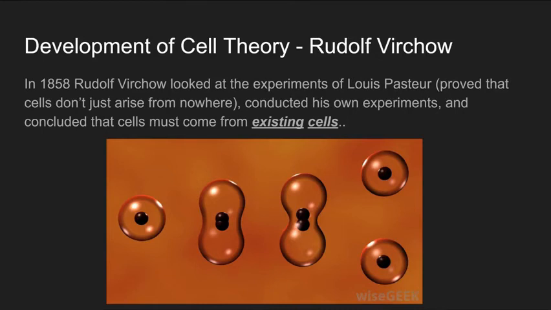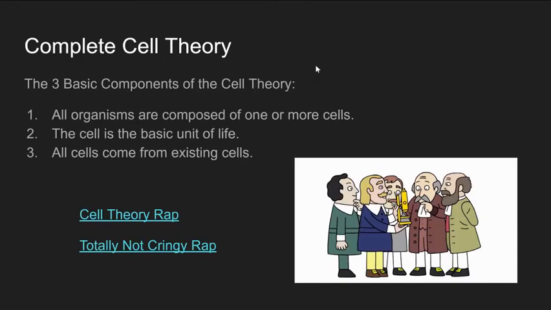Our final cell theory comes from this guy named Rudolf Virchow. In 1858, he looked at experiments of Louis Pasteur, which proved that cells didn't come out of nowhere. And he came up with this very important concept, which is one of the first parts of cell theory. On his own experiments, he concluded that cells have to come from other cells. So as you see down here, we have one cell that then splits into two cells and they keep going. And then those two cells would split again and keep splitting. And that's how life kind of kept itself going from these single cells, or how cells grow inside of everything else too.